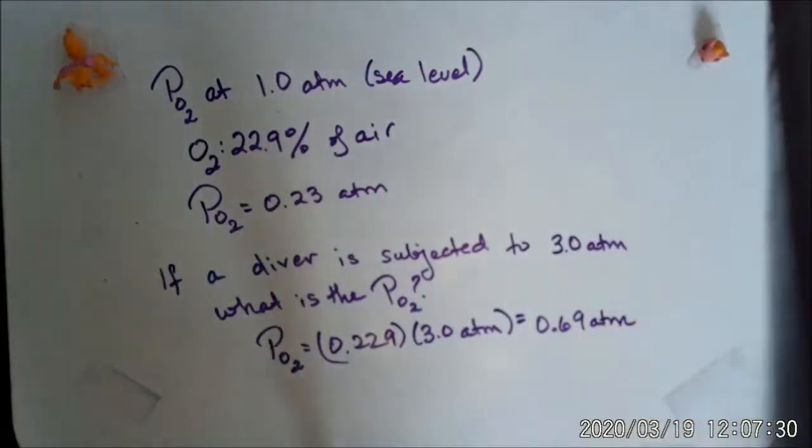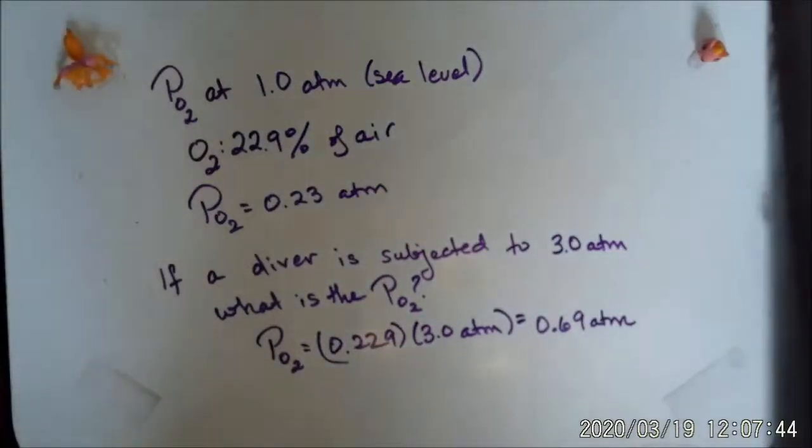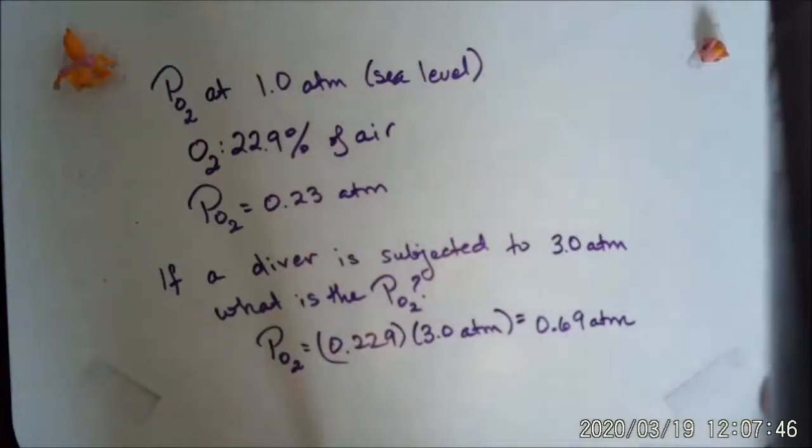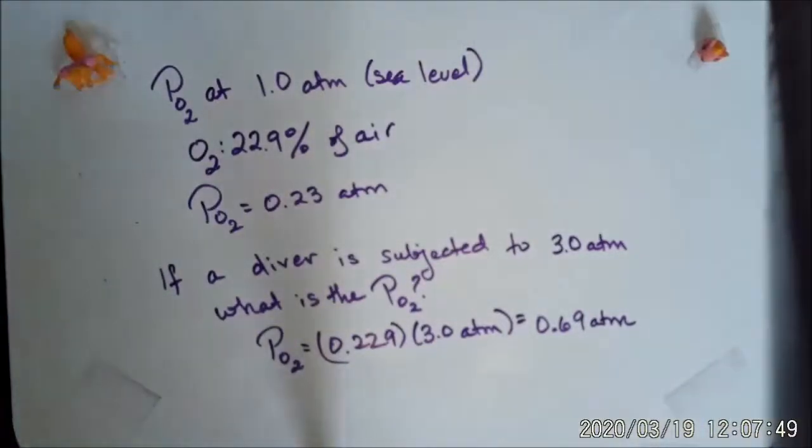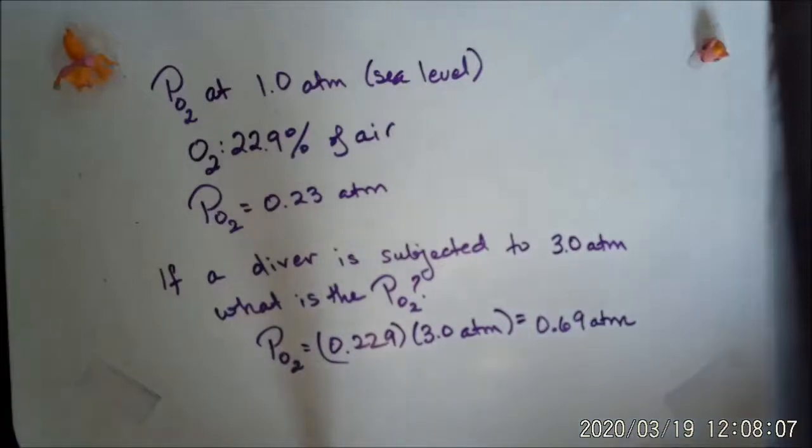So why is this of any interest? Well, if you happen to be exposed to high pressure systems, like if you go scuba diving or go into a pressure chamber to repair some system, the bottom line is that when you're breathing in air, your partial pressure of oxygen is 0.69 atmospheres. This is 3 times what our bodies and lungs are used to. And there's a very narrow range in terms of what our lungs can take in terms of the partial pressure of oxygen. Likewise, when we talk about nitrogen,